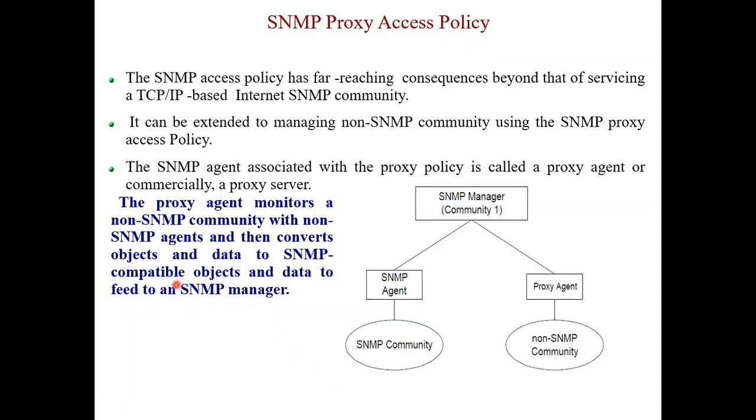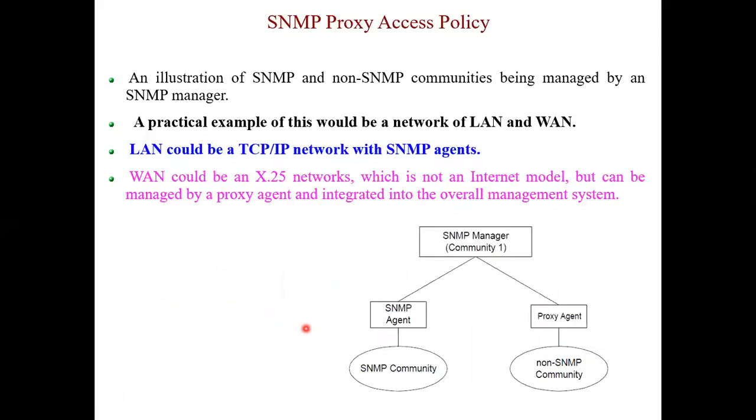Okay, version 3 is altogether a different thing. So उसमें proxy agent भी काम नहीं आएगा और bilingual manager भी काम नहीं आएगा. This is about when I have version 1 and version 2. I am saying all these things, I hope you are listening carefully, because these are the points on which you can differentiate version 1, version 2 and version 3. That is the most common question that has been repeatedly asked in the paper. Okay, so prepare the difference between version 1, 2, 3 nicely, and good, better, best may explain all those logical points.